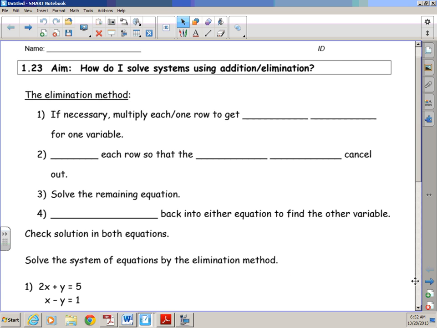Today's lesson covers the third method on solving a system of linear equations. And this particular method is called elimination. You're going to follow the following steps, which will make a lot more sense once we go through a couple